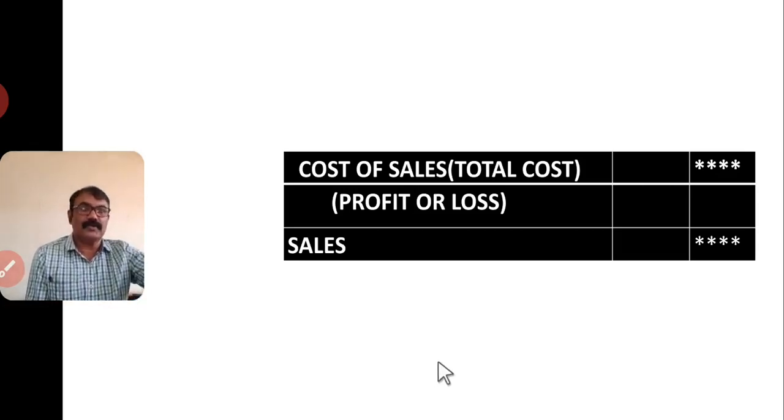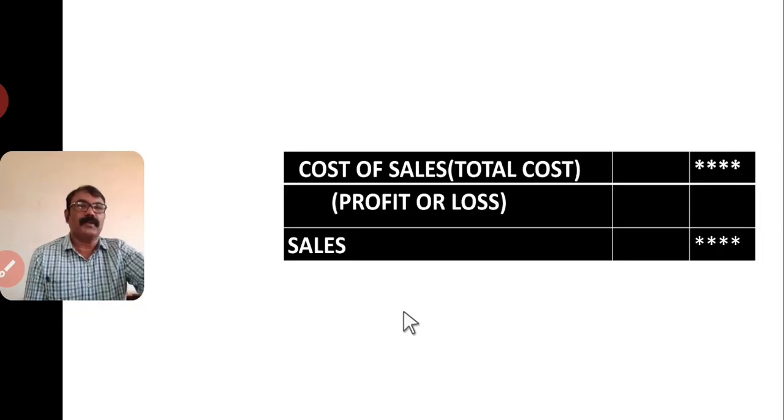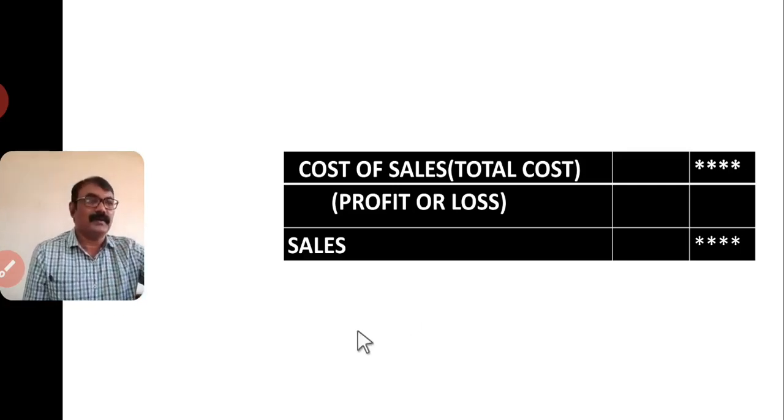I think you have understood the preparation of a cost sheet and the format of a cost sheet. Please observe the cost sheet. It is a format, and almost all the items have been included in the function-wise heads, that is factory overheads, administration overhead, selling and distribution overhead. Whatever items come under those heads, you have to be perfect. When the problems start, you have to identify in which head each item comes and write it in that particular head.